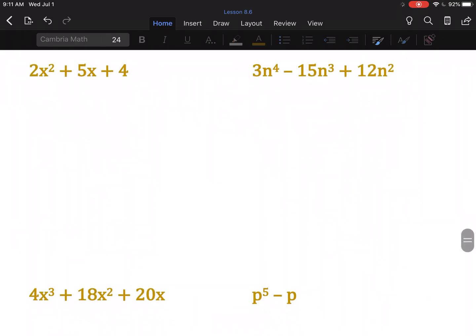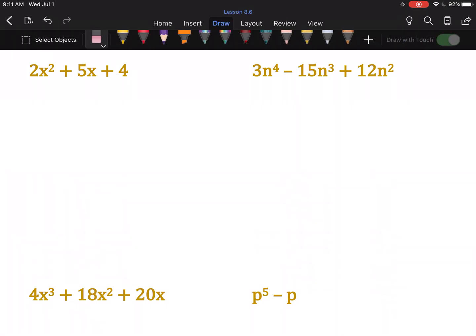Okay. 2x squared plus 5x plus 4. Is there anything that can come out of all of that? And the answer is no. No numbers come out of 2, 5, and 4, and there's not an x in all of them. So this seems to me like if we're going to be able to do it, it's going to have to be